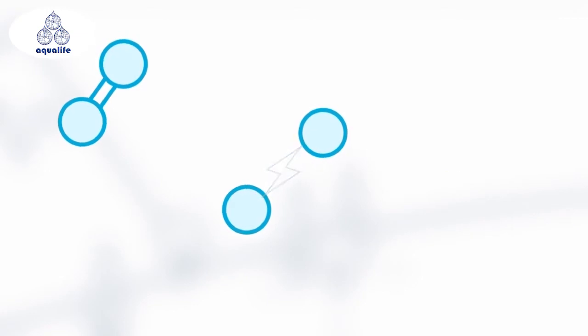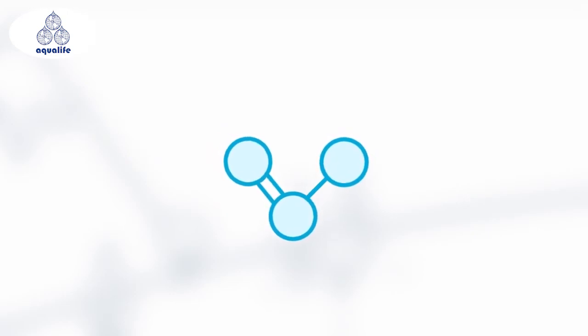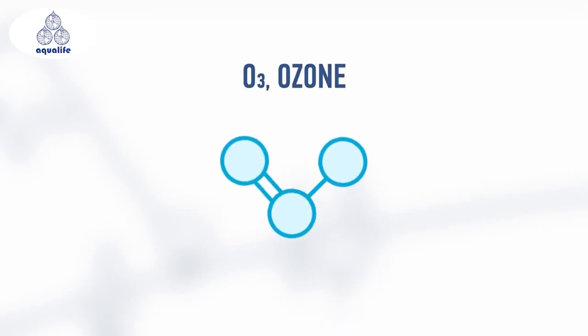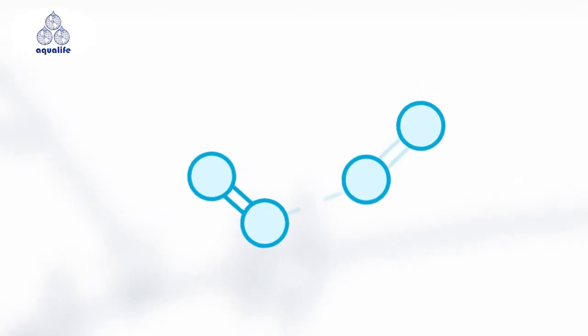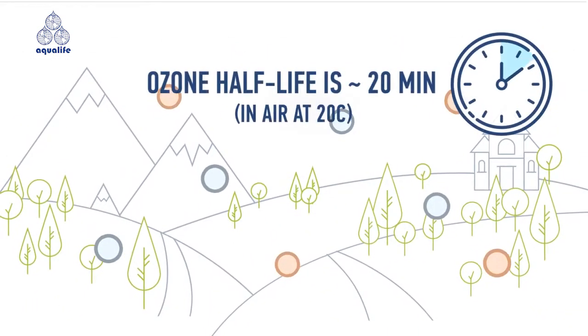When exposed, the oxygen molecule is split into two oxygen atoms. Then the atom connects to another oxygen molecule, and thus ozone is formed. The well-known smell doesn't last long because the gas is unstable and decomposes to pure oxygen soon without any trace. The half-life of the ozone molecule is just 20 minutes.